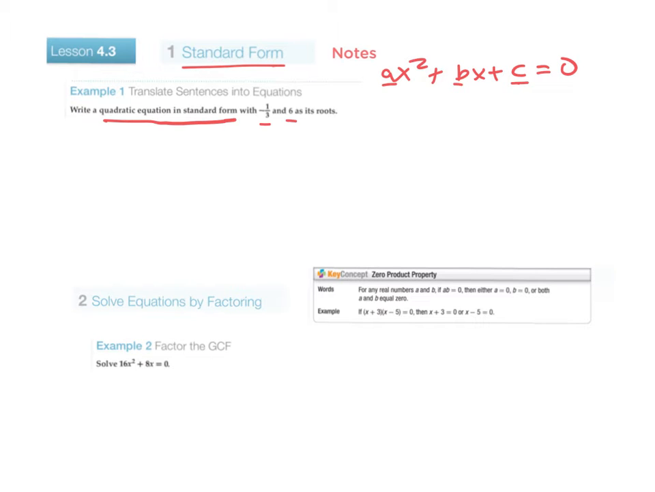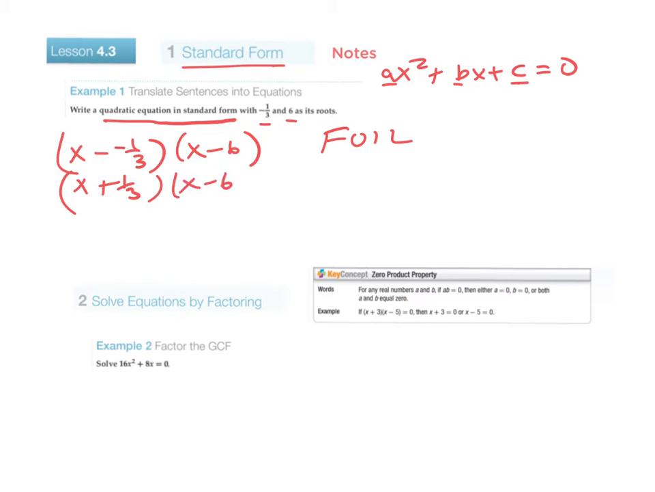So if we know the answers are negative 1/3 and 6, we subtract those two to create x minus negative 1/3, and then x minus 6. So those are what's called the roots. With the roots now, we can do the FOIL method to be able to multiply them through. So this is really x plus 1/3, and I'm going to multiply that by x minus 6 by doing FOIL,